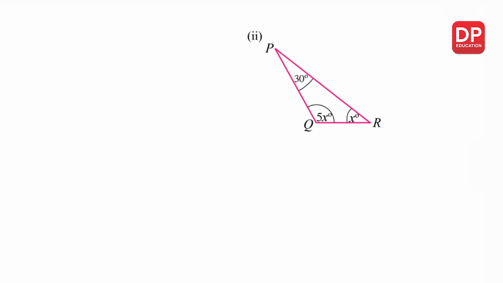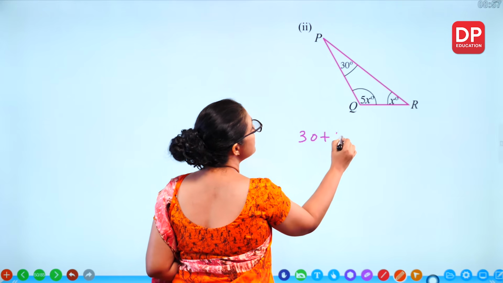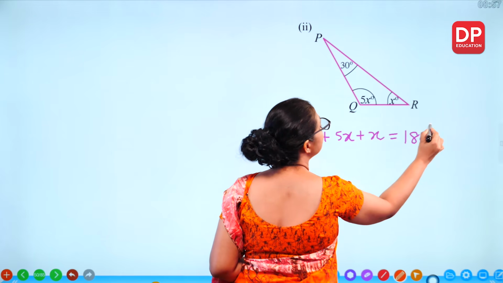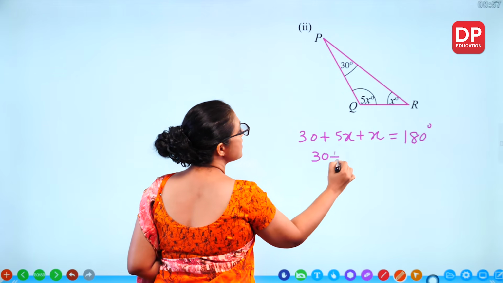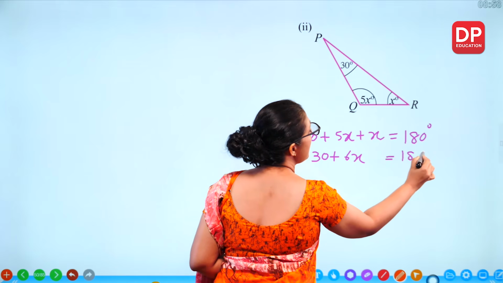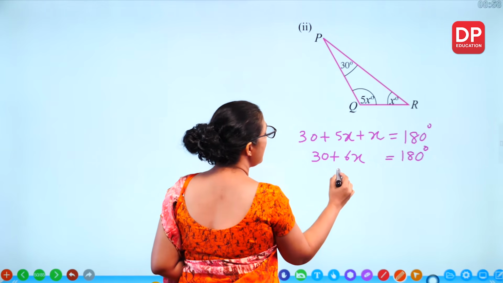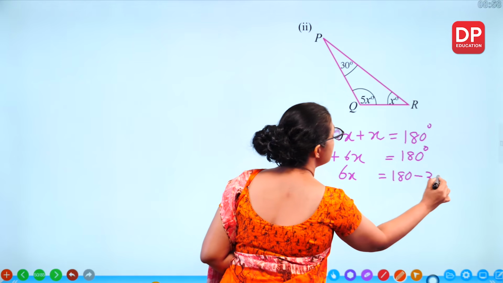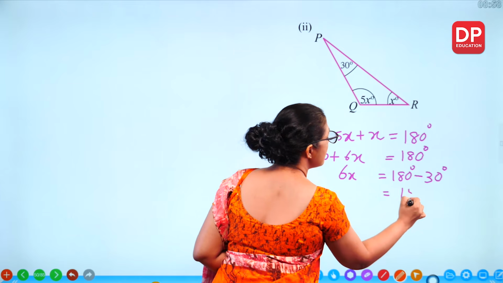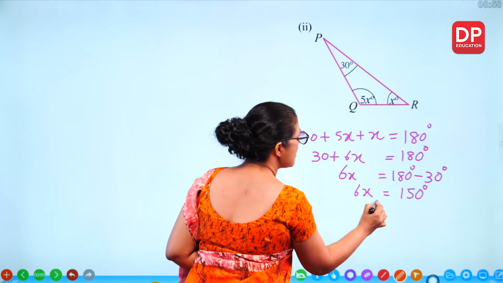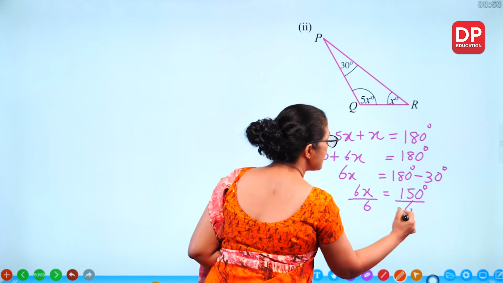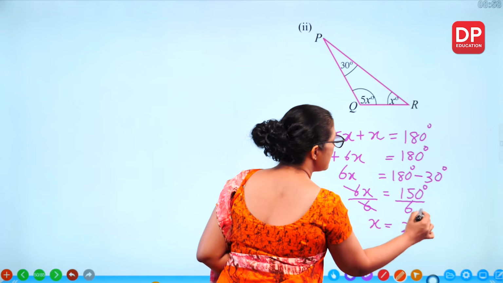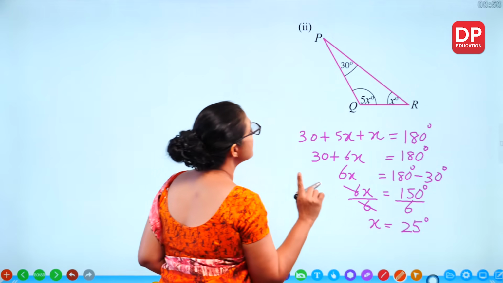This one, another triangle. So you can add all these interior angles and equate to 180. 5x plus x becomes 6x. Now take 30 to the other side. So 6x equals 180 minus 30 degrees. So you get 150. So 6x equals 150. Divide both sides by 6. X equals 150 by 6, that's 25. So x is